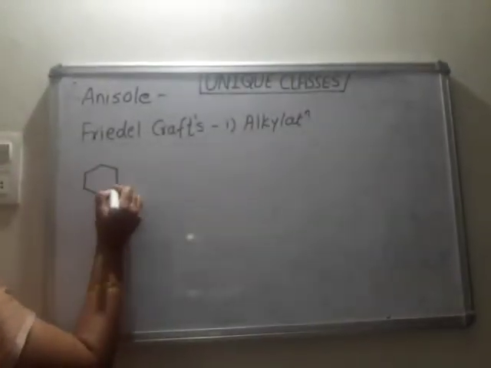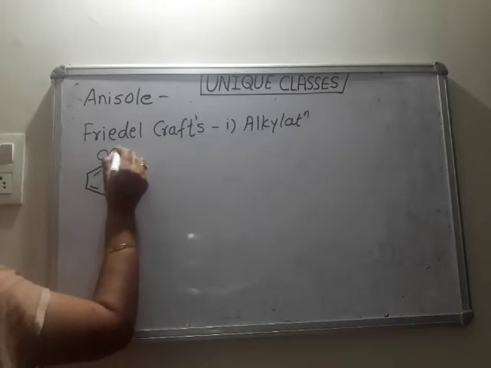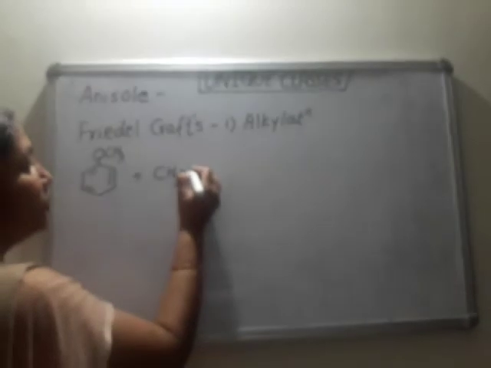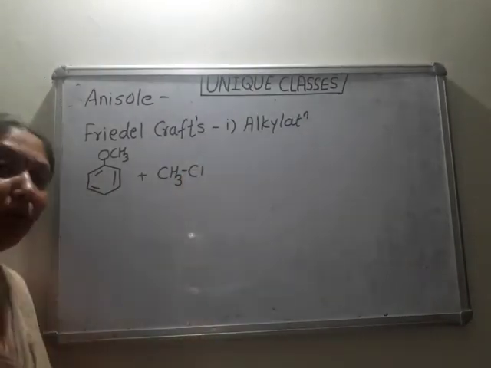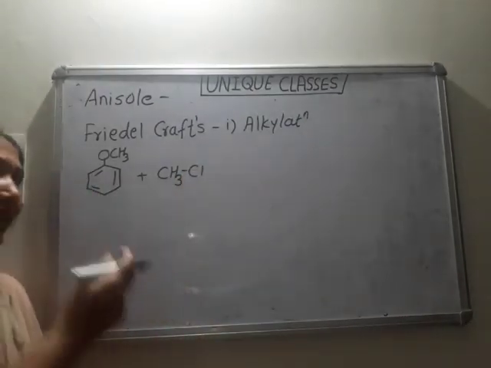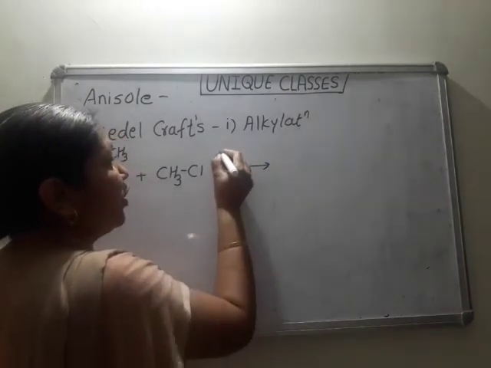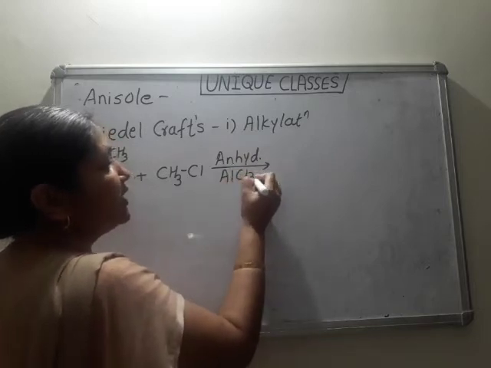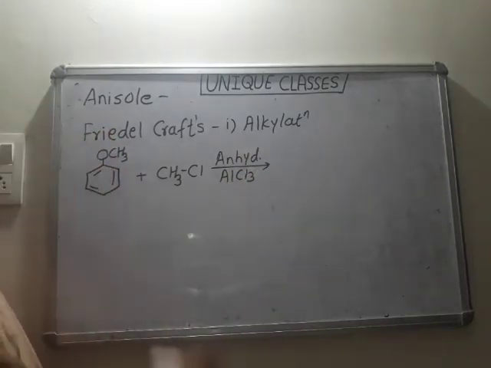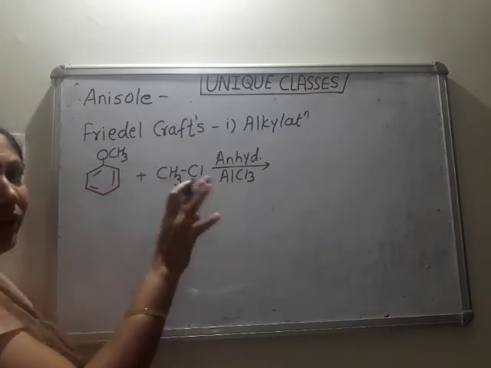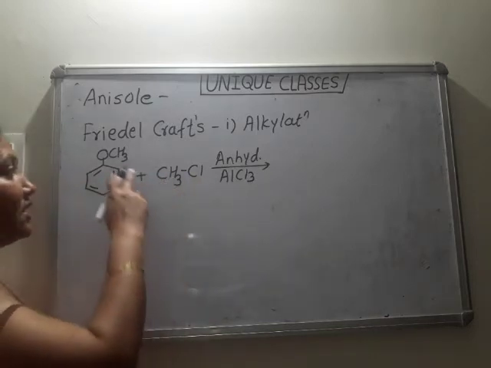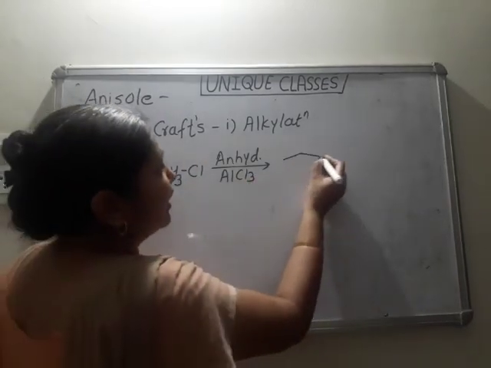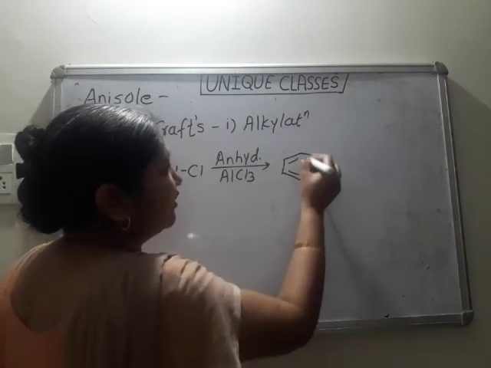So anisole reacts with an alkyl group. We have to introduce it, so what's the source of the alkyl group? It is methyl chloride or methyl bromide, an alkyl halide. Friedel-Crafts reaction is always carried out in presence of a Lewis acid, that is anhydrous AlCl3. So one H and this Cl combine to form HCl. So CH3 becomes plus, H is removed as H plus, H plus is replaced by CH3 plus, and we get